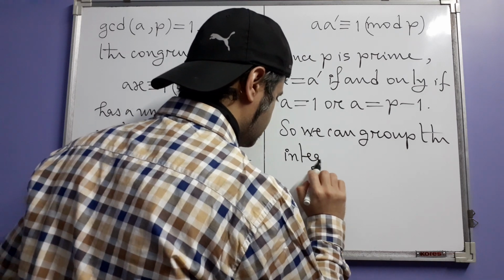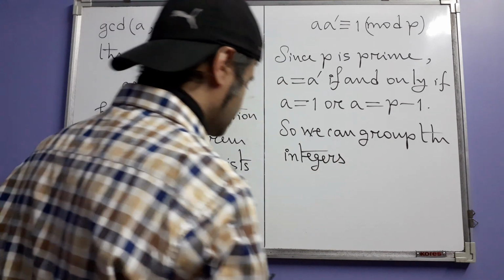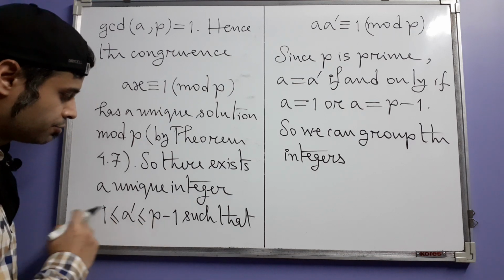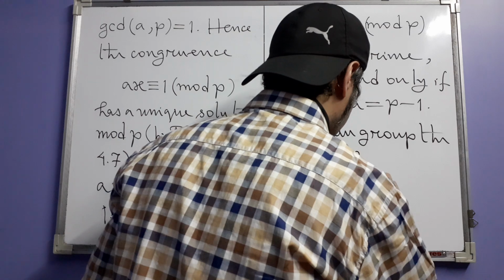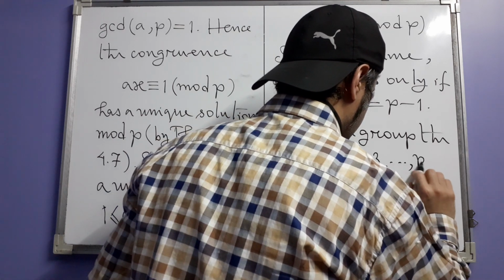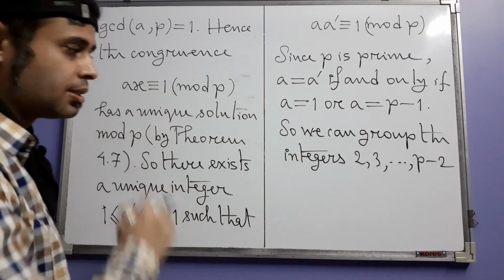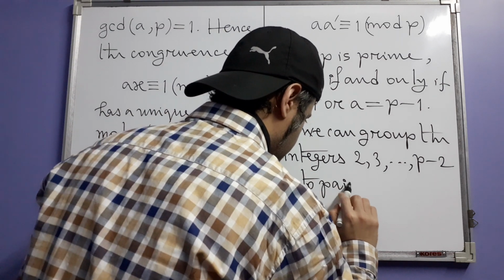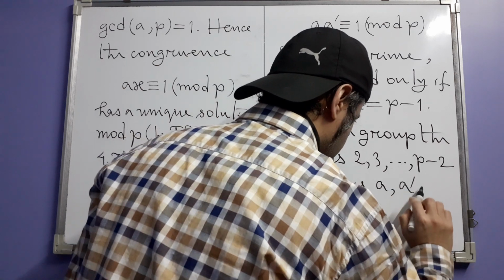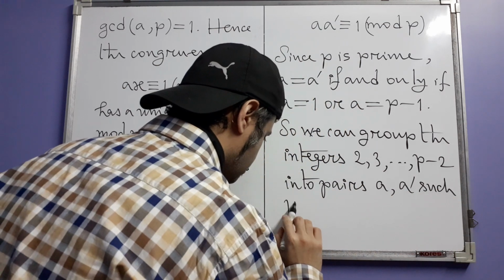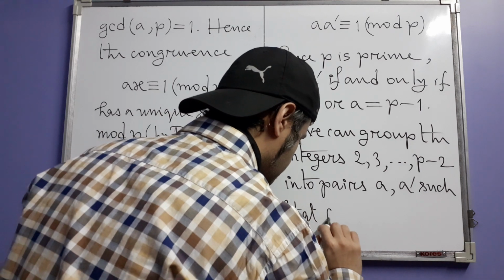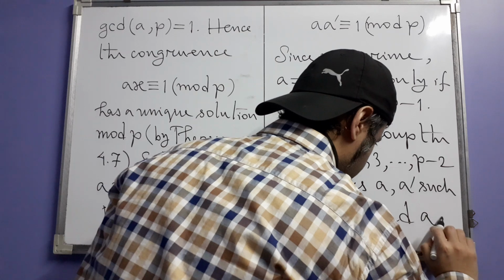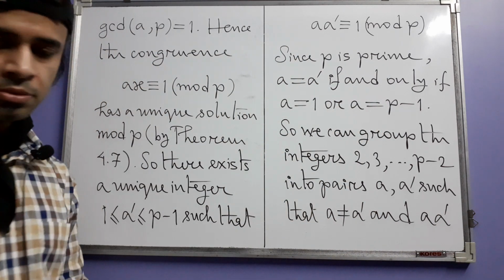Because of this fact, we can group these integers. From all the positive integers less than or equal to P minus 1, if we remove 1 and P minus 1, we are left with these integers. So we can now group these integers into pairs such that A is different from A prime